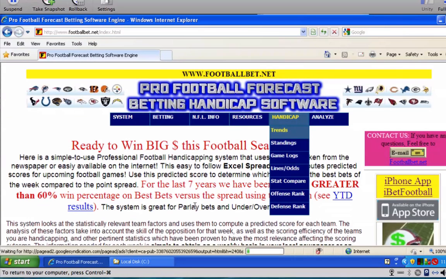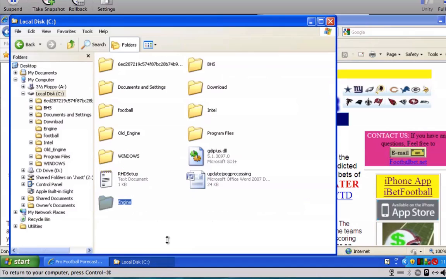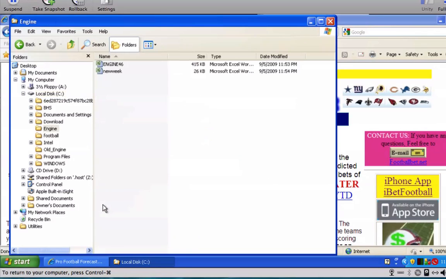Now we're going to go back to the Engine folder here. Double click, and here's the two files that we downloaded, Engine 46 and New Week. I'm going to double click on the program, Engine 46. It's going to open up